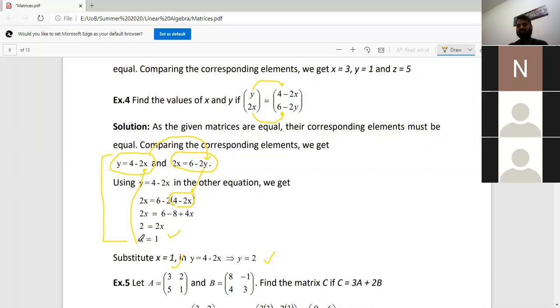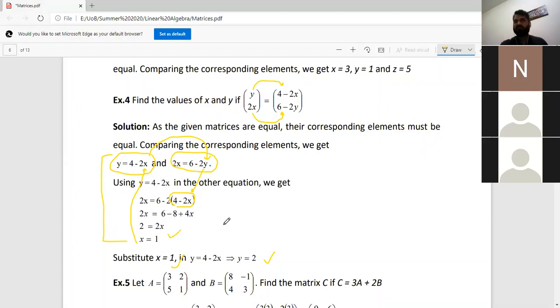You will see when we complete our theory of matrices and determinants, we will go on to solve big systems of linear equations. 3 equations in 3 unknowns, 4 equations in 4 unknowns, like that. Okay, using matrices and determinants. So linear algebra is all about solving linear equations. Whatever you study before that is your helping tool. So matrices are a helping tool to study linear algebra.